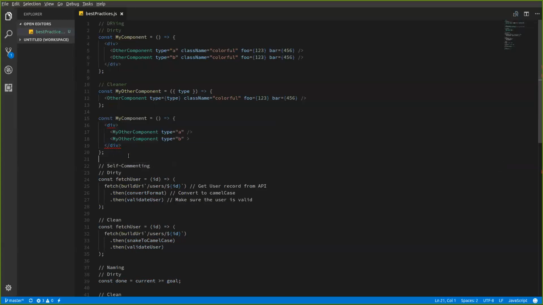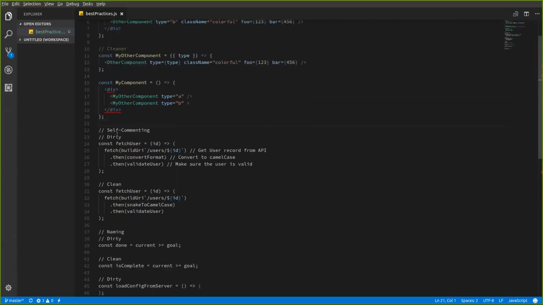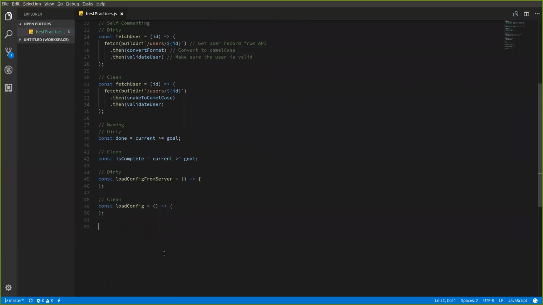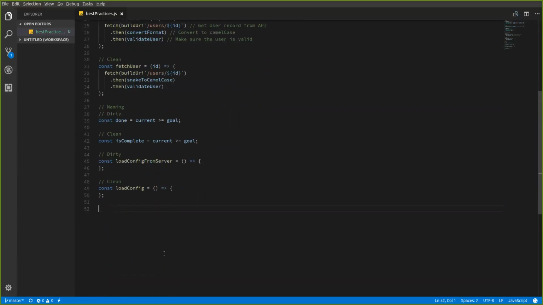I'm throwing errors now, and you see the red squiggly lines, and it'll tell me that there's supposed to be a corresponding closing tag for my other component, saying, oh, we're missing the closing. So not only will it help catch bugs and help you write cleaner code, it'll also lead to more consistent code. Like one thing, if you've noticed, I've been putting the semicolons at the end of everything. That's because